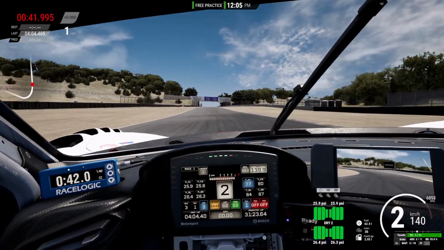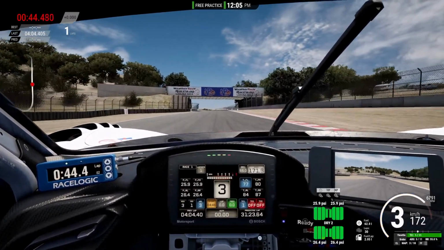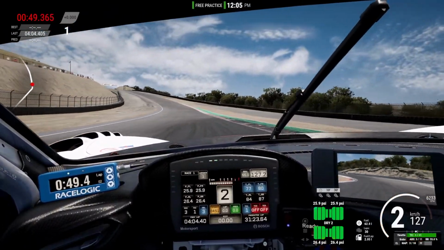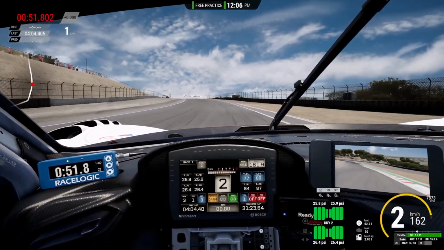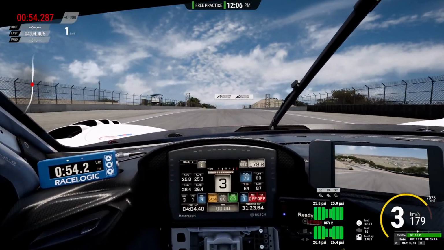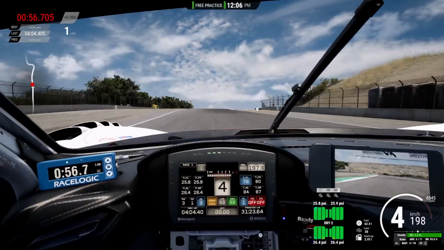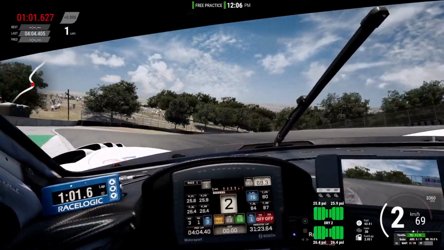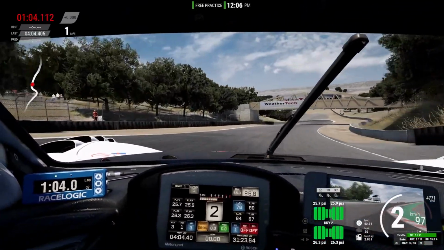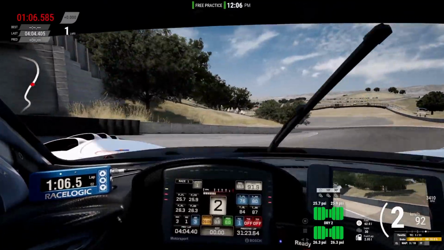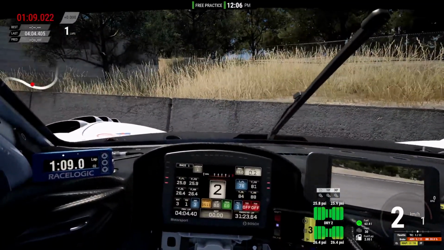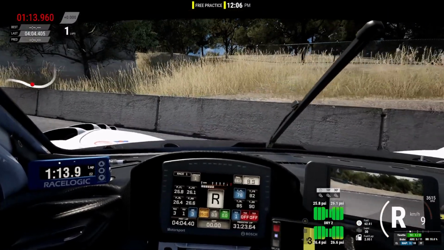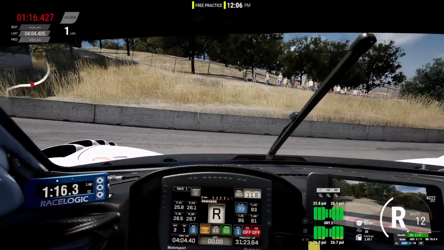Next stream that I do of ACC is more than likely going to be career mode, just so I can get very acquainted with this game. Since I'm not on PC yet, I can't really play Evo, which really I'm hoping that there's a Competizione coming out for Evo. And it's not going to really remain in the state that it's in at the moment because I haven't been hearing much of anything good about Evo.